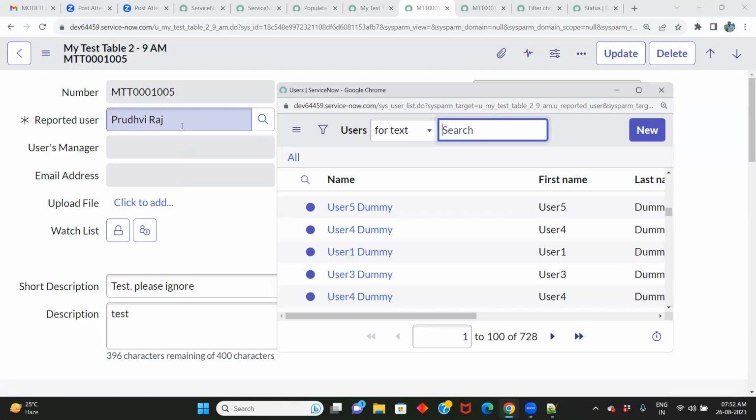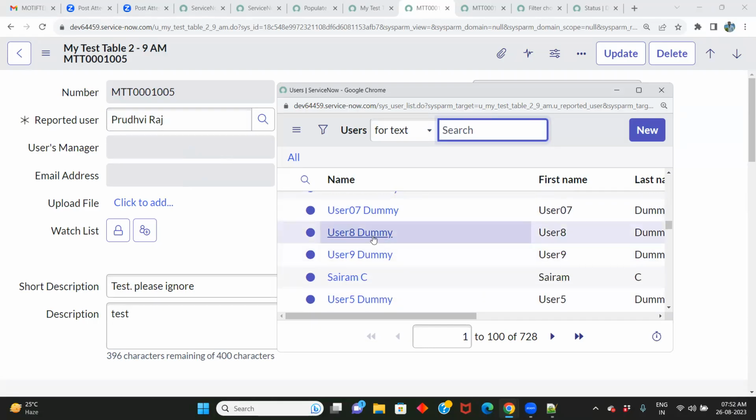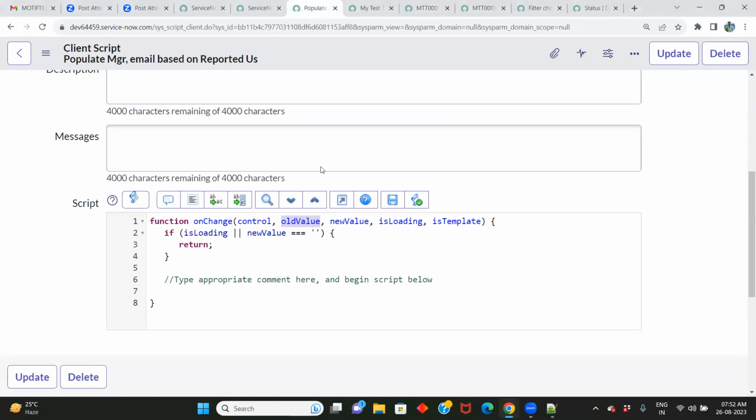Getting it? So old value is by default present on the existing record. New value, you are selecting them manually. Is the difference clear? So that's about old and new value. Next,